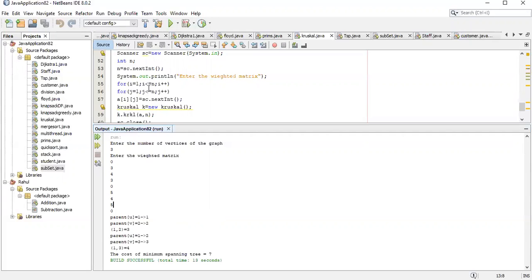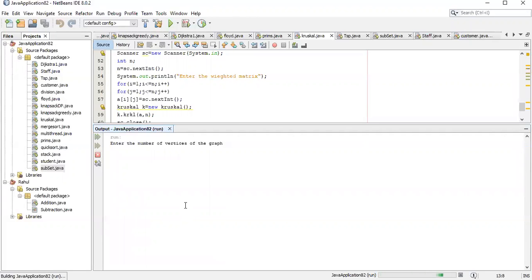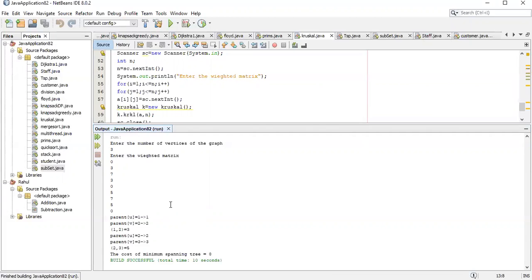Now I'll show the output for one more input. Again, I'll enter the vertex count 3 and I'll take one more input for the second minimum spanning tree. And the output for this is this one. In the minimum spanning tree, 2 edges are added, that is 1 and 2, and 2 and 3. And here you see the edge that is being removed is 1 to 3, because 1 to 3 has a cost of 7. When you add that, the cost of the minimum spanning tree is higher, so we remove that particular edge. So now this is the execution of the program. Okay, I'll stop it here, students.